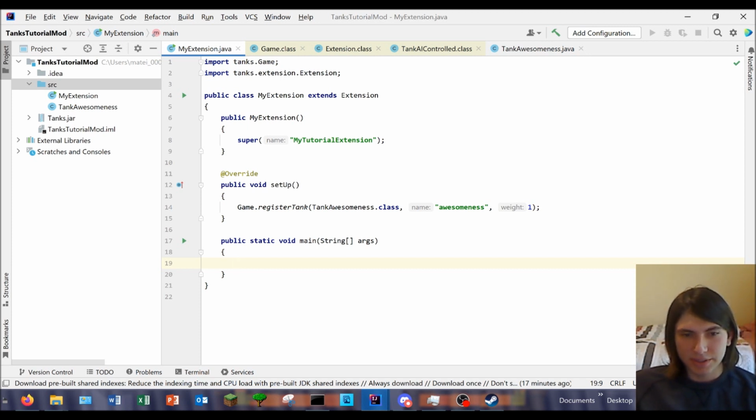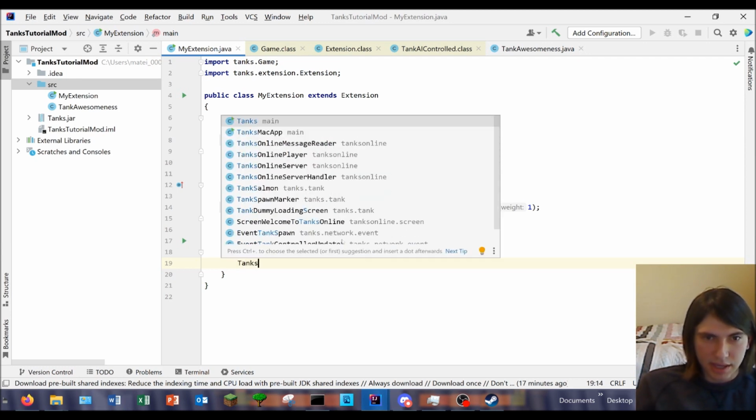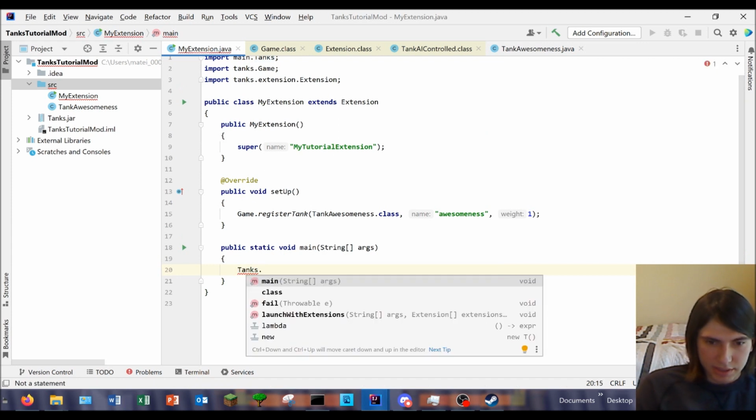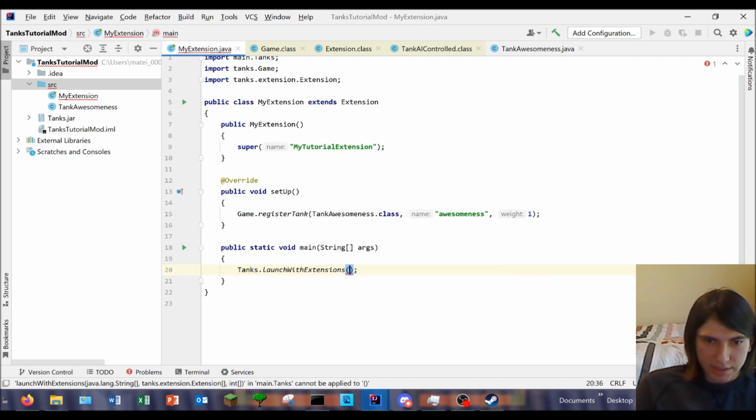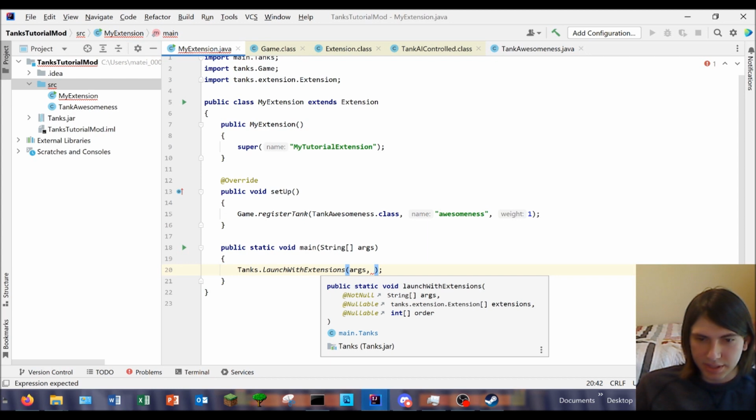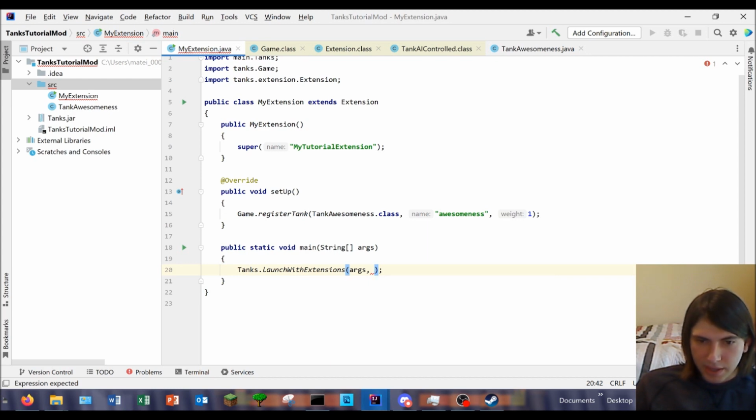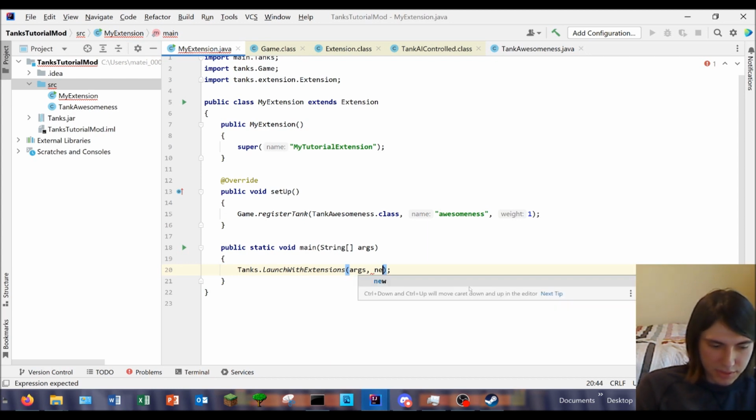So now what you want to do is you just want to do Tanks, and this should be the Tanks here that's in Main, dot launchWithExtension. And you'll just pass in the same args here. And now you just want to give it an array with all the extensions you're launching it with, as you can see here. So just to do that, you do new Extension[]